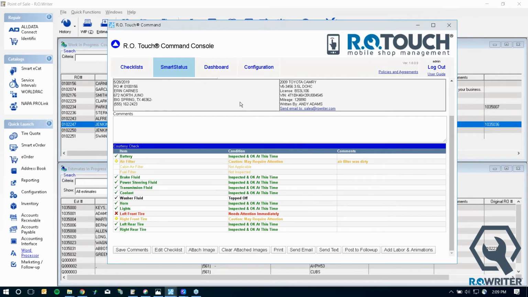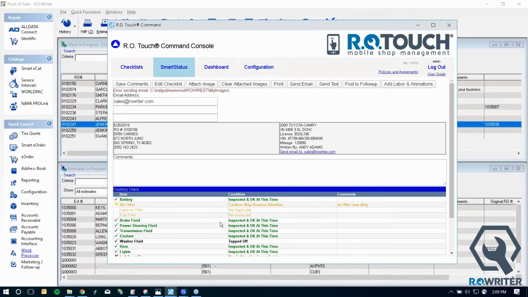You can send them an email directly, providing that you do have a customer's email on file. You can click Send Email, and in this case, it would send it if I had a valid email configured in our writer, but if we did, it would allow it to process and go through. You can also send a text message directly from this window here as well by clicking the text icon if you have a valid phone number, but if we did, we would be able to send that text message directly